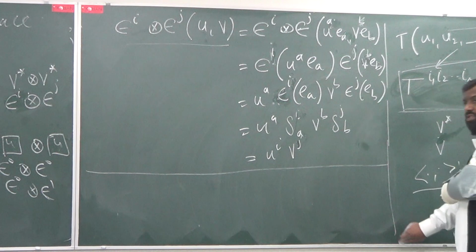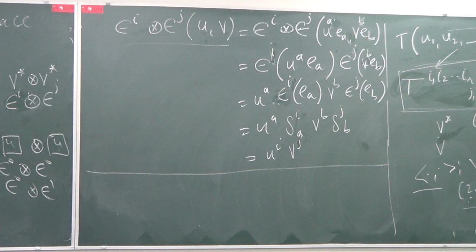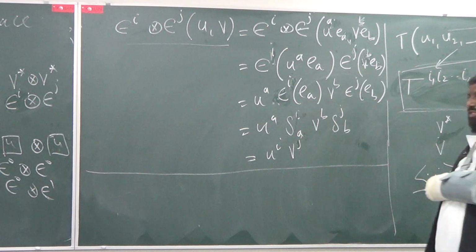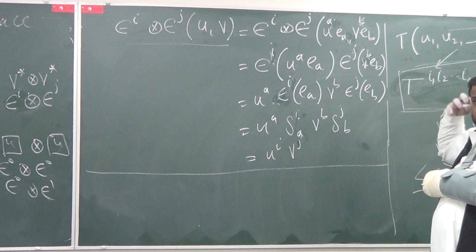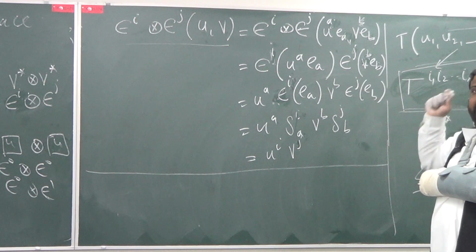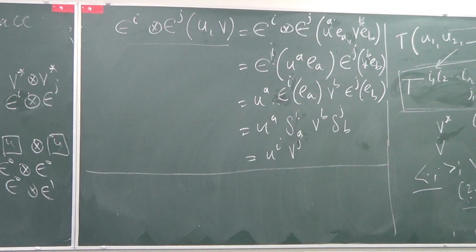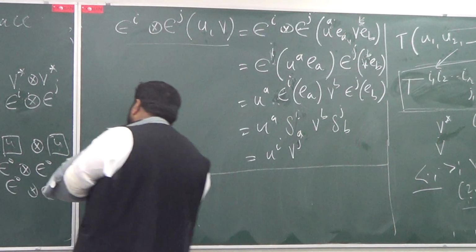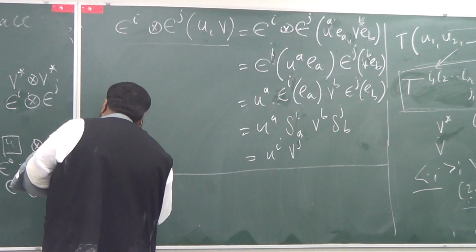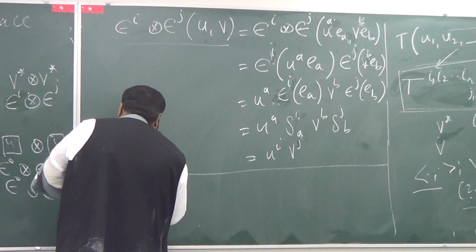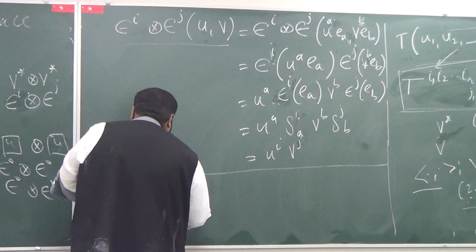I know symbols are trouble, but this is what the demand is. It's not difficult if you are firm in your definitions; it's pretty simple. Is it making sense? So now let's take beta tensor product alpha and operate it on u and v, and let's see what we